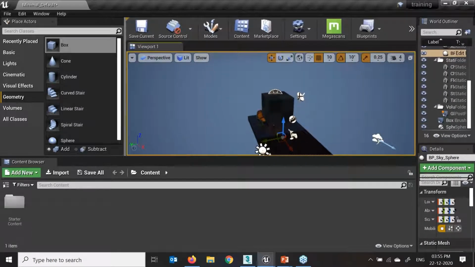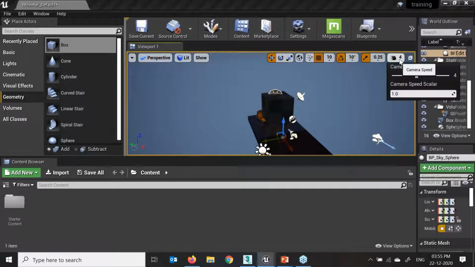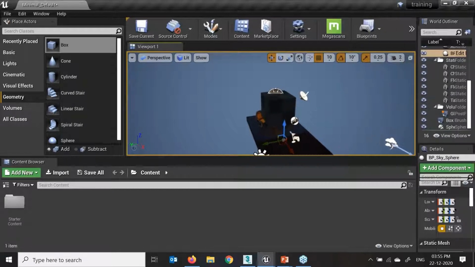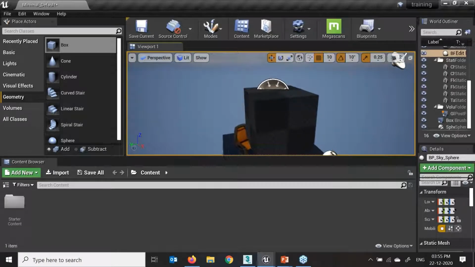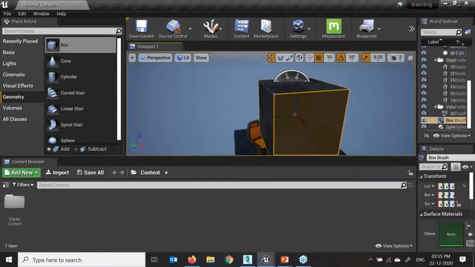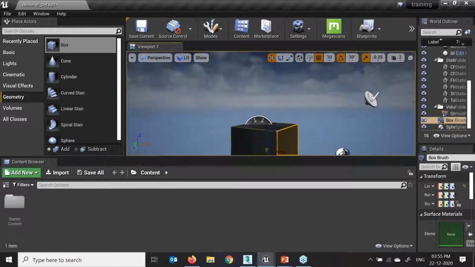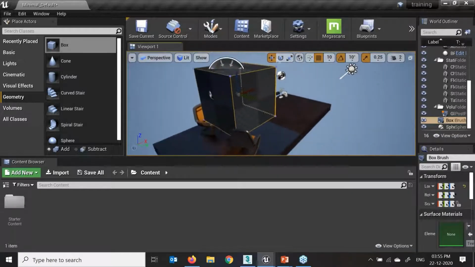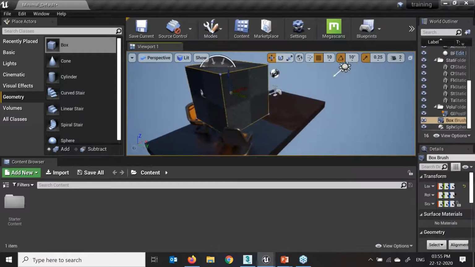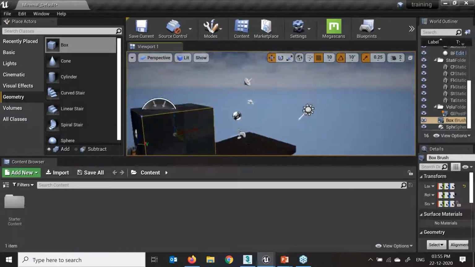Now if I want to reduce my camera speed in my viewport, I just need to select over here and give my speed value. It has to move 1 or 2. W again, left click or right click, here you can use. I can move my mouse, right click, W and right click, Alt and right click. Here I can pan, and here I can change the orbit view.